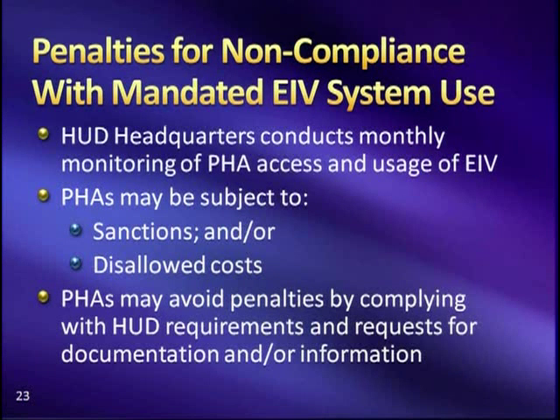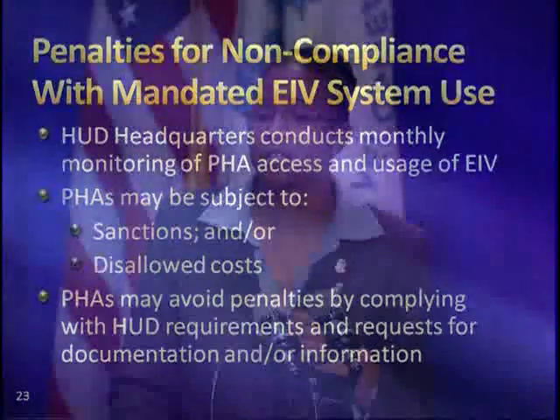And the easiest way to avoid any type of monetary penalty or adverse action by HUD is to simply comply with the HUD requirements outlined in the PIH notices. And if HUD RHIIP should happen to request documentation from you, we will give you a deadline to submit that documentation. Make sure you respond to the request for information and provide the necessary documentation or information that was requested. So now, without further ado,